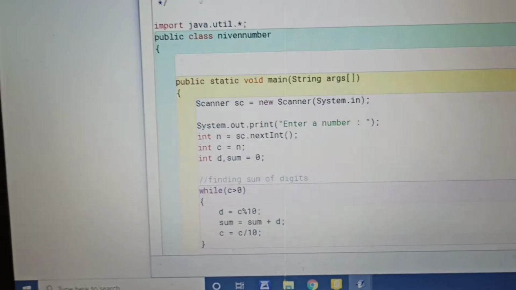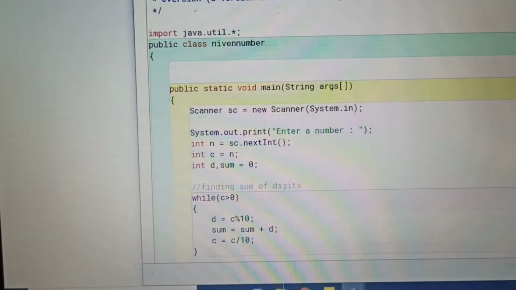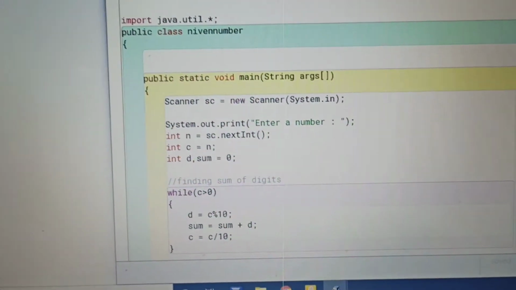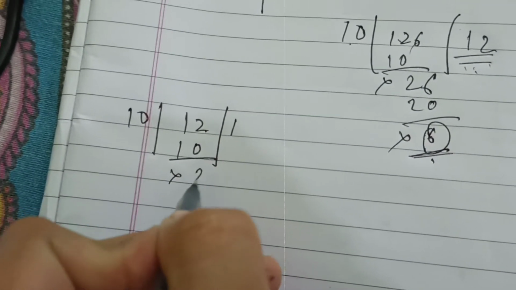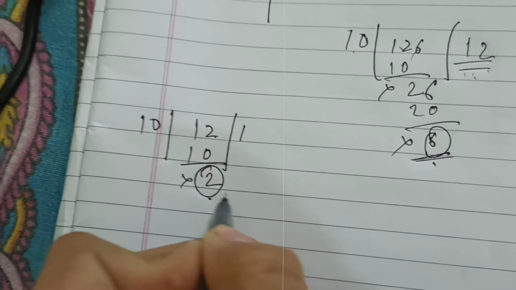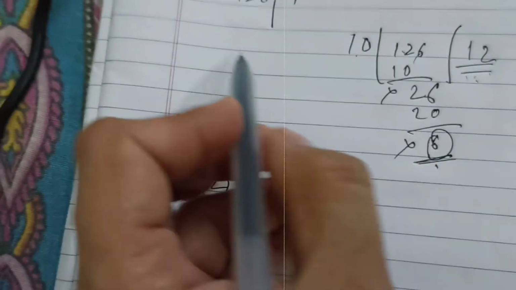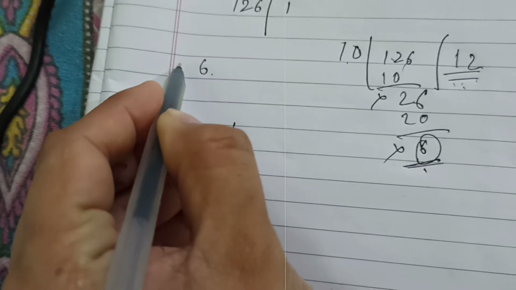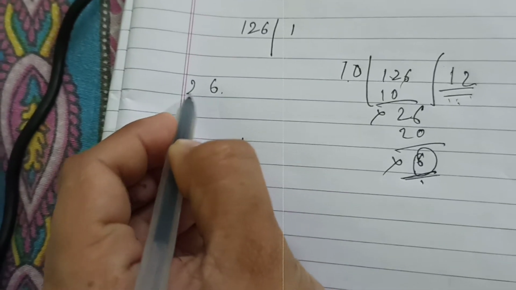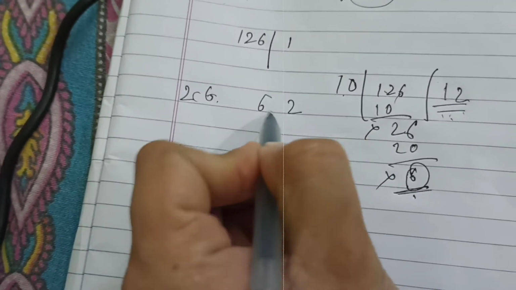Again we divide 12 by 10 to get the remainder, which is 2.